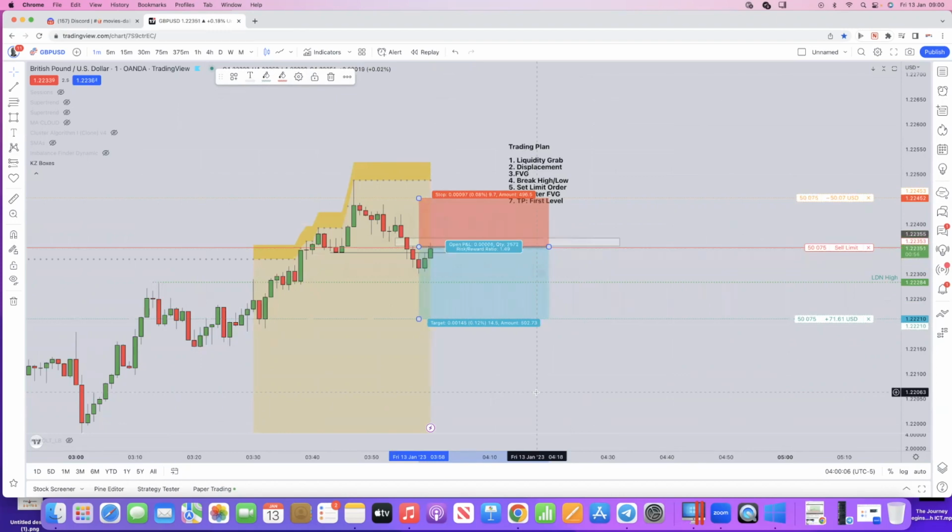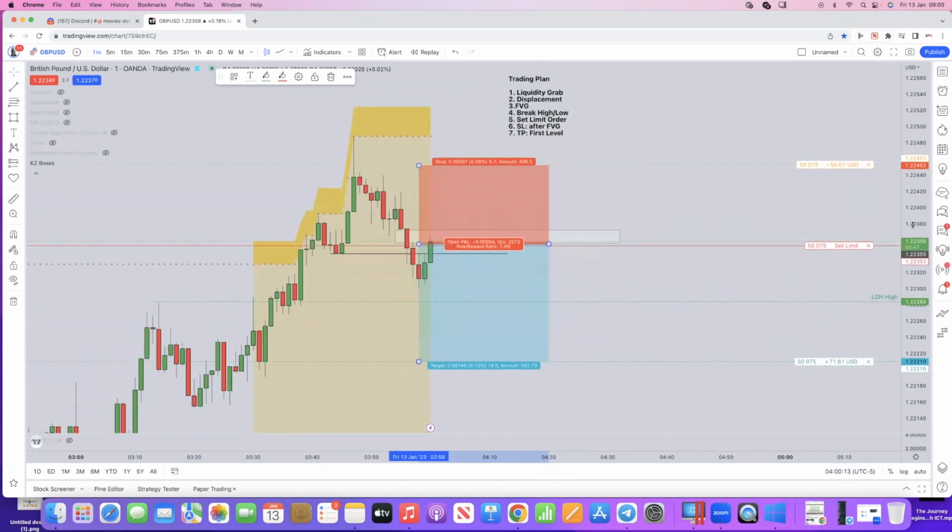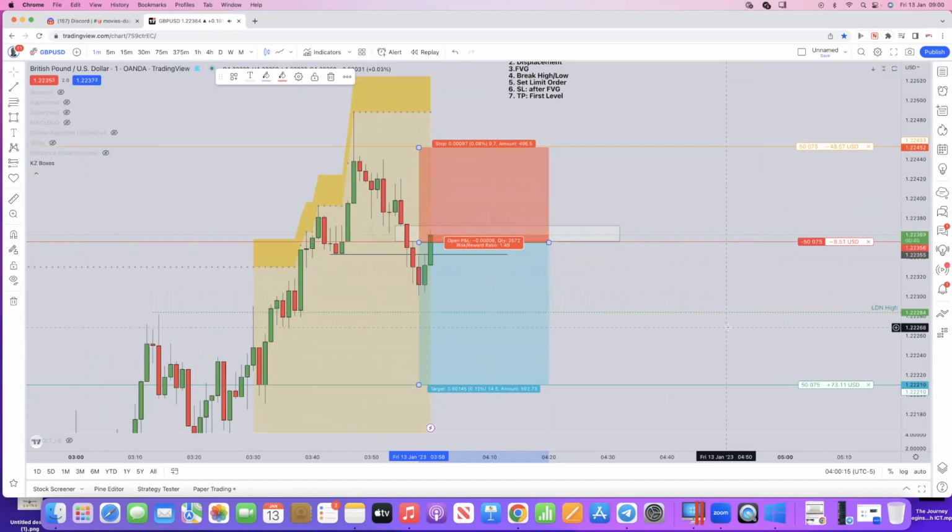Now that should have ended because it went through there. Something must be playing up with the TradingView here. That hasn't activated the trade. Now it has. I don't know whether it's the spreads or